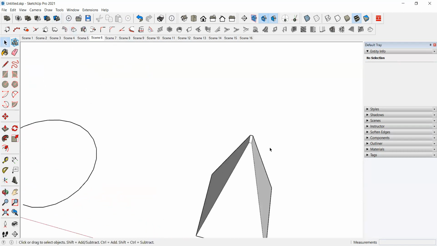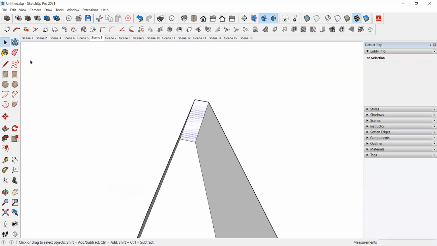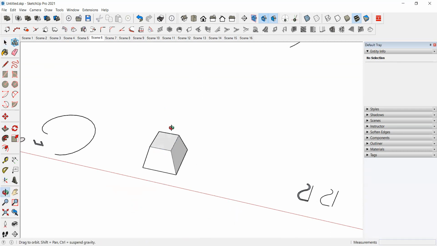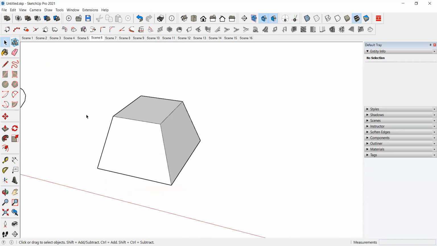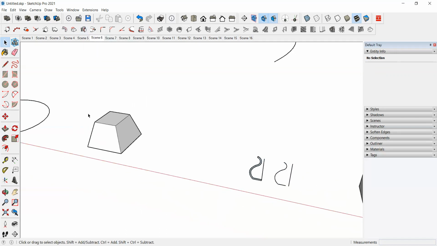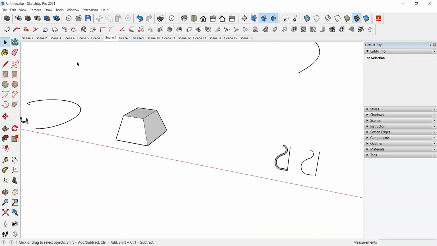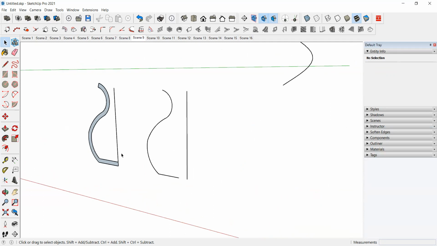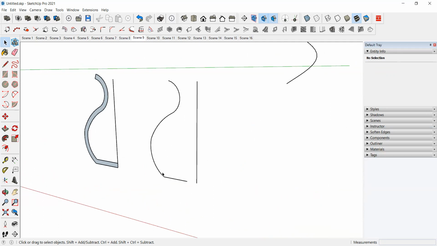Okay, for that you have to select the face and take the tool, and how much you want, that much you can click and take. Okay, in this way we'll cut the particular portion of that by using that tool. Okay, next is create a revolved surface from selected edges. Okay, next one is, okay, this one, how to revolve that faces.